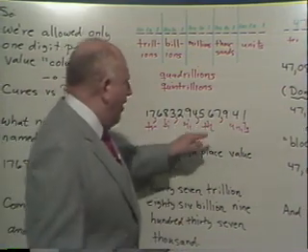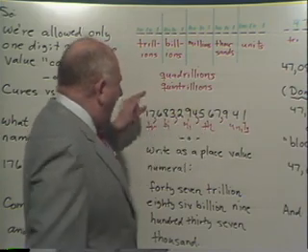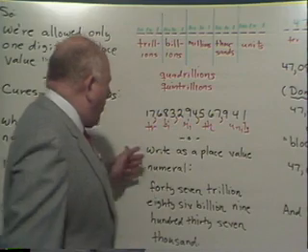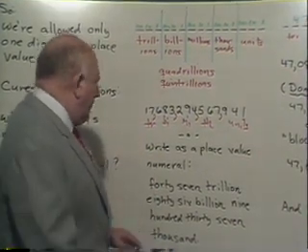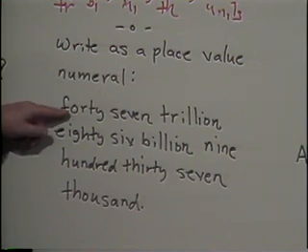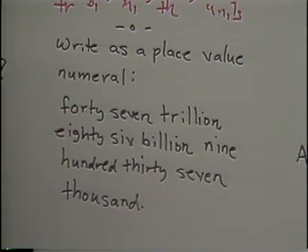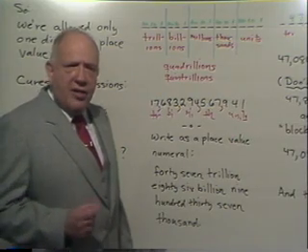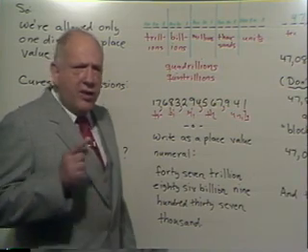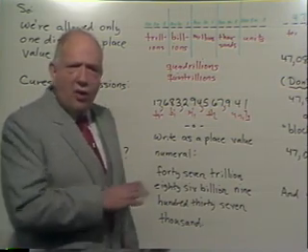If you learn these nouns, you break this down. And in fact, you can do the thing in reverse. Suppose I say to you, write as a place value numeral, and this scares a lot of people. And I'm not even talking about people who have English as a second language, English as a first language too. 47,086,937,000. See, this is a game where we go after big fish. What are the nouns we're looking for in this game? Units, thousands, millions, billions. You see, ones, tens, and hundreds we don't go after.